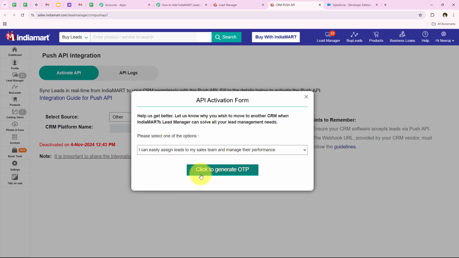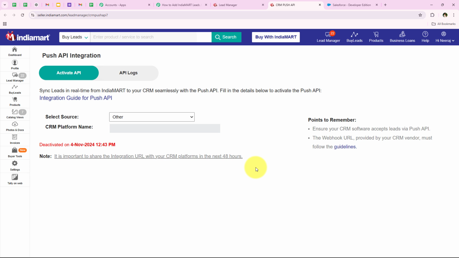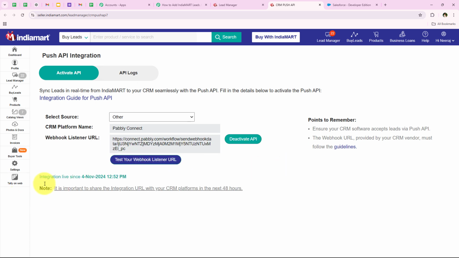Now after selecting the reason, we are going to click on click to generate OTP. And as soon as we click on this, it is saying that it has successfully sent me an OTP. Okay, so I'm going to enter the OTP right over here. And after entering the OTP, we are going to click on submit. And as soon as we click on submit, yes, you can see integration live. So with this, we have successfully created a connection, or we can say integration, between our IndiaMART account and